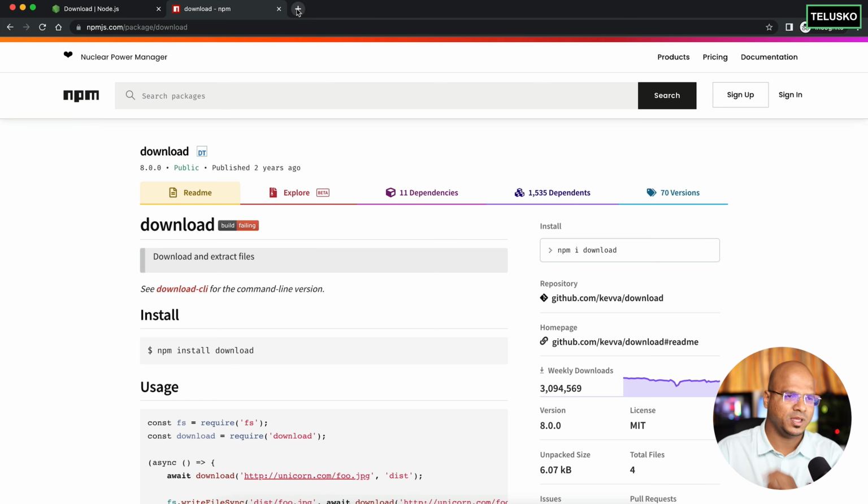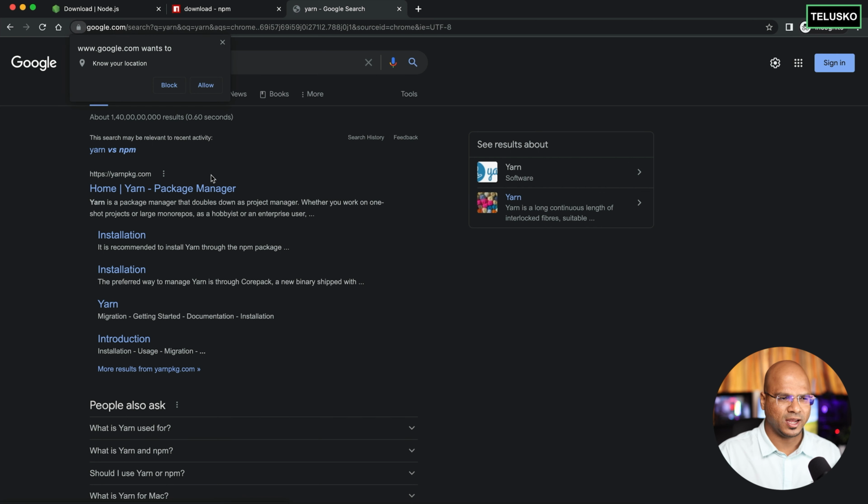There is an alternative to NPM: you can also go for a Yarn download. On my machine, I do have Yarn, and I feel Yarn is a bit better than NPM, but again, it depends upon your liking. If you like NPM, go with that; otherwise, you can also use Yarn. Both work. In fact, I've tested both with Subquery and both work perfectly. I saw some people complaining about Yarn, but I have not faced that issue. Let me know in the comment section if you're still facing issues with Yarn installation or Yarn with Subquery.